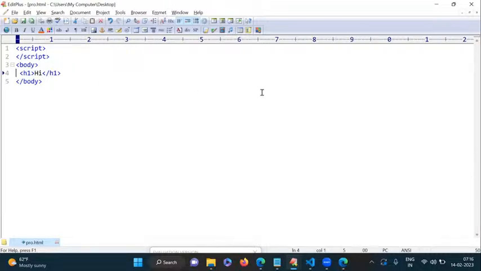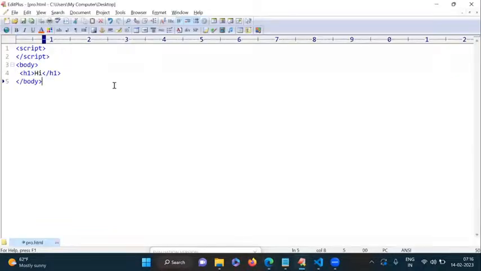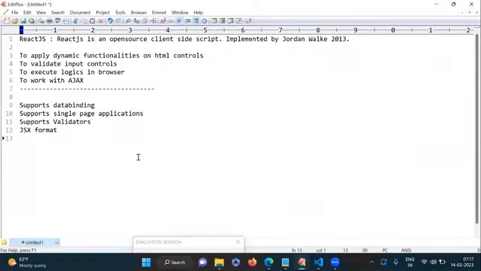Okay. Yes. So like that we are using this one. Now, that is the JSX format. It supports JSX format here. Next one, here it supports